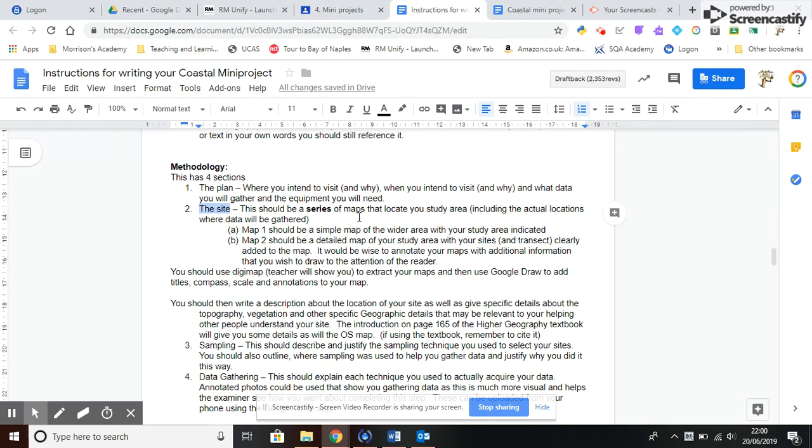Once you've shown the location of Tentsmuir in terms of Scotland, you're then going to want to use an Ordnance Survey map. So we've got map 1, a simple map, map 2, a detailed map, which shows the transect. Now in class, I'm going to be showing you how to use Google Draw to add some annotations, but